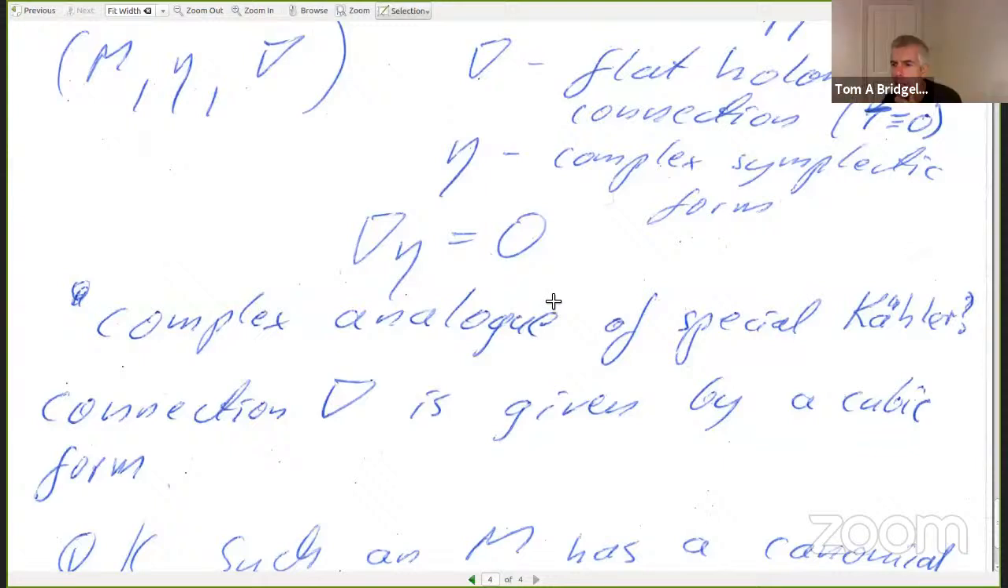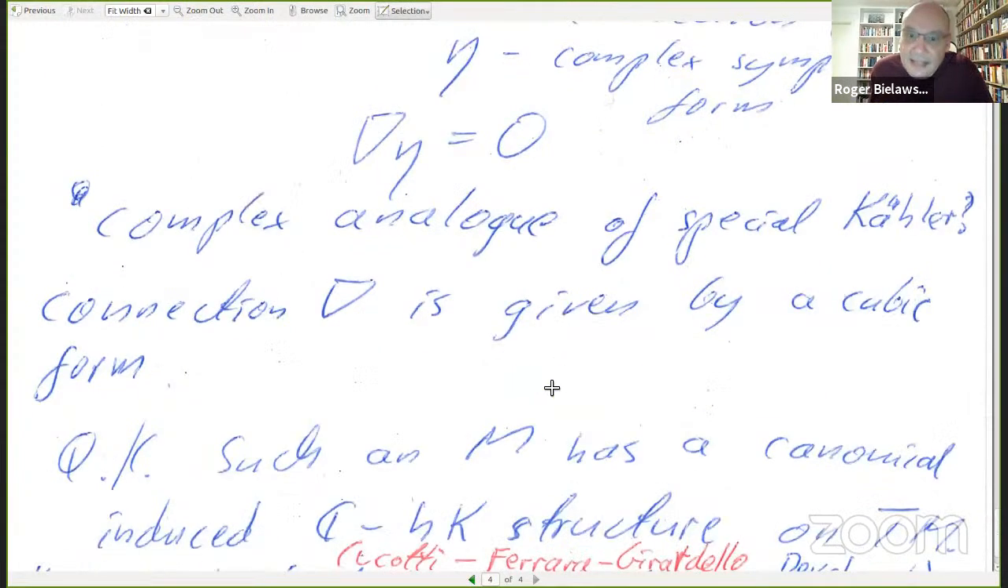But are you claiming that all the data can just live on M? That somehow you can just see all the data? I am not claiming, I'm speculating. I am speculating that yes, there is an underlying geometry of M, which canonically gives this C hyperKähler